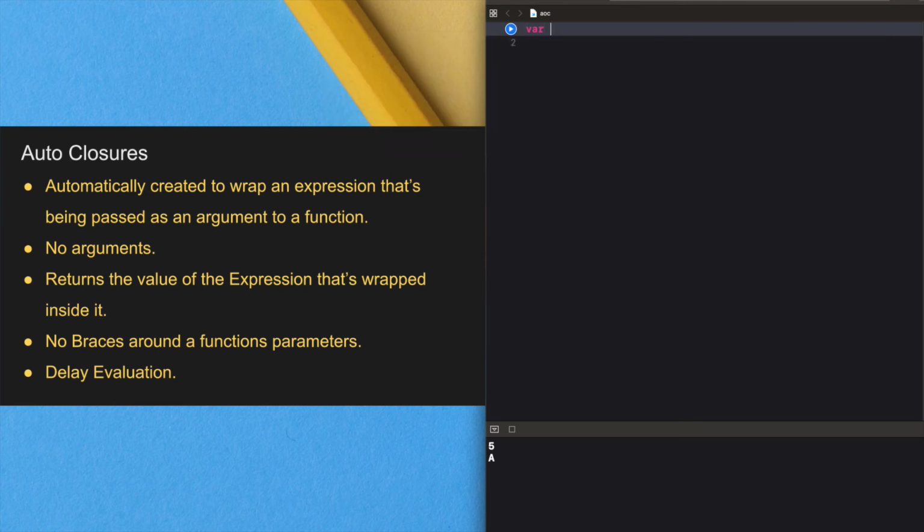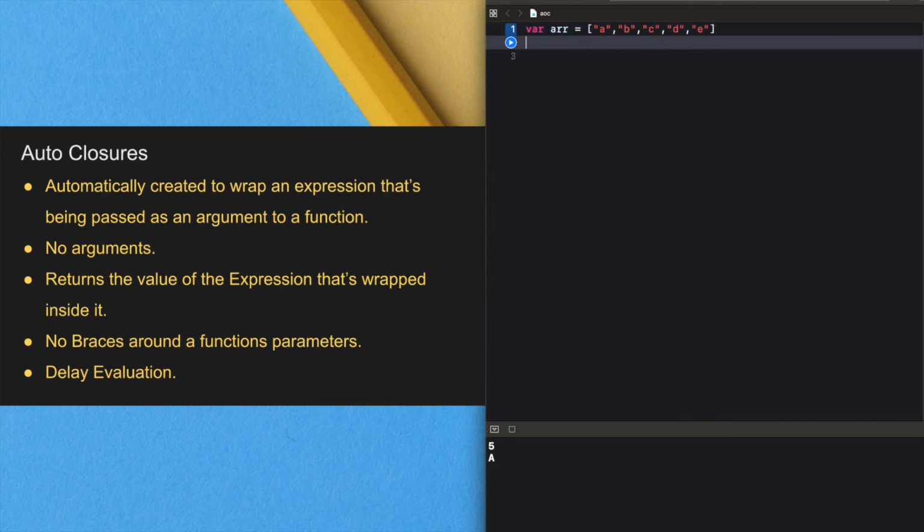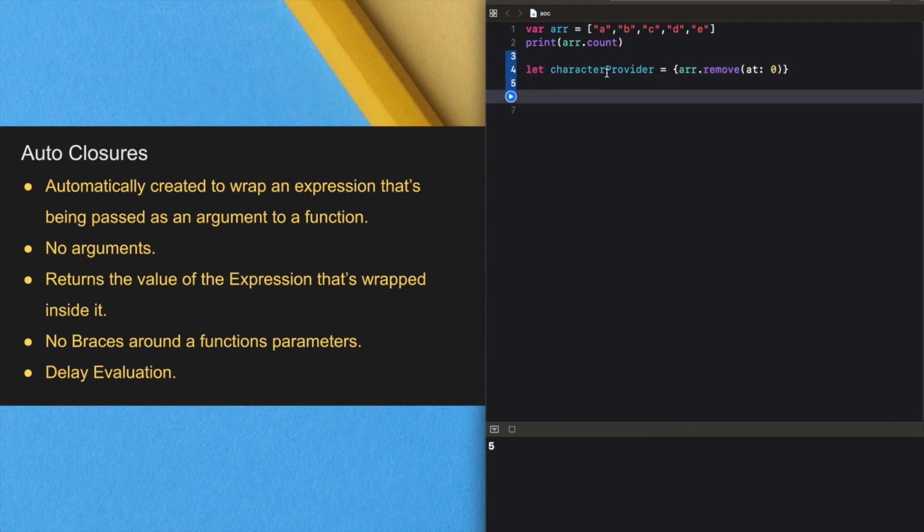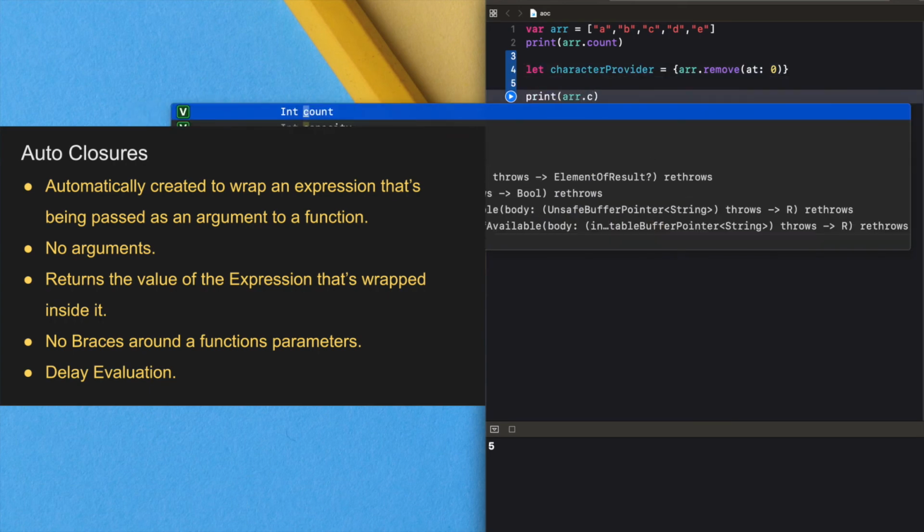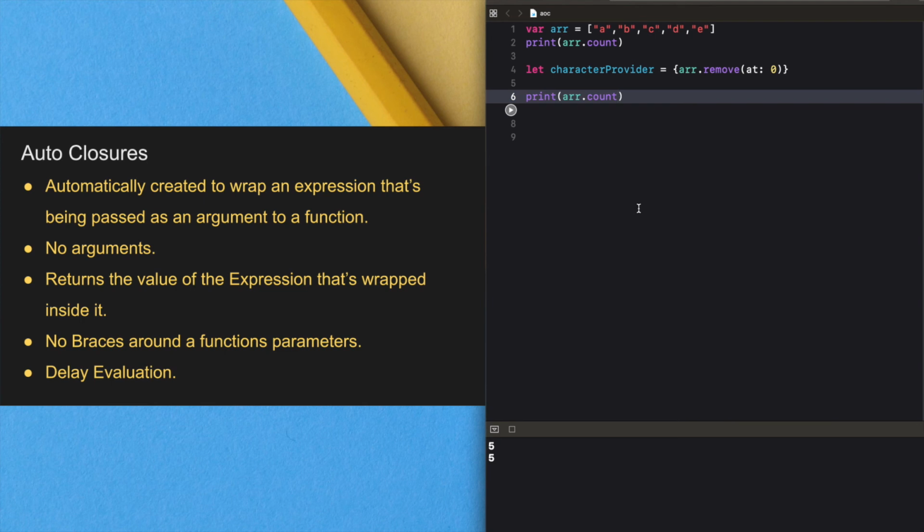We have an array. So we have a closure that will remove an element from an array. So the autoclosure lets you delay evaluation because the code inside is not run until you call the closure.